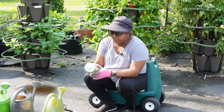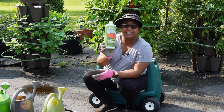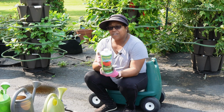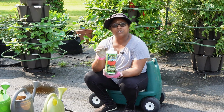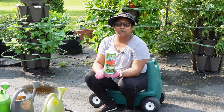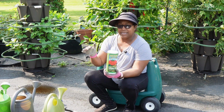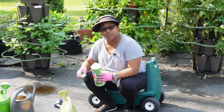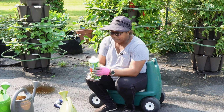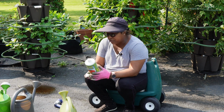And so my liquid fertilizer is Fox Farm Grow Big. It's a 6-4-4. So Fox Farm Grow Big liquid fertilizer. Liquid fertilizer provides immediate nutrition to your plants, where granular is typically a slow release. So we're going to get my vegetables fertilized. So the directions say, let's see here, general feeding is 2 to 3 teaspoons per gallon of